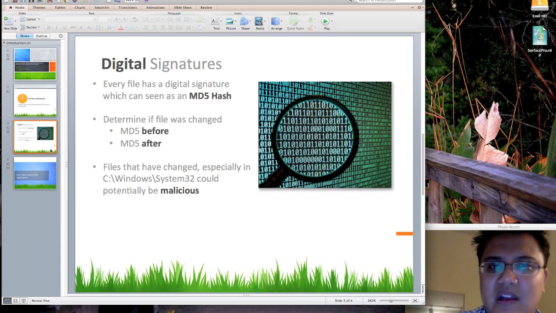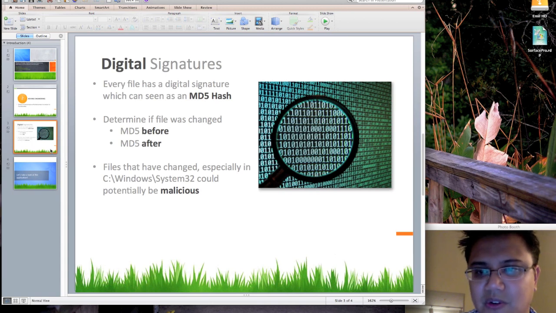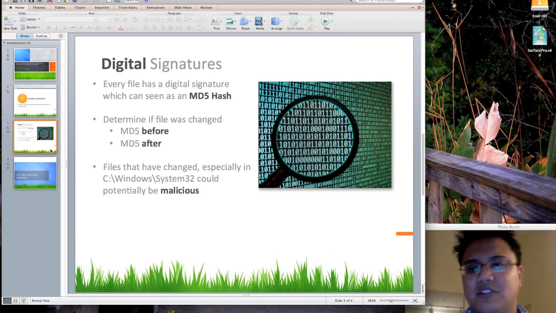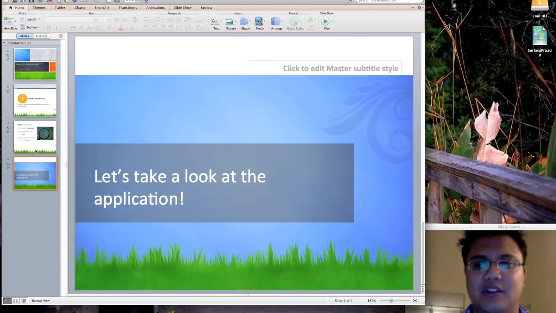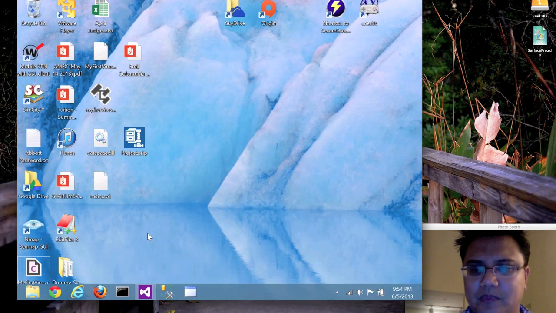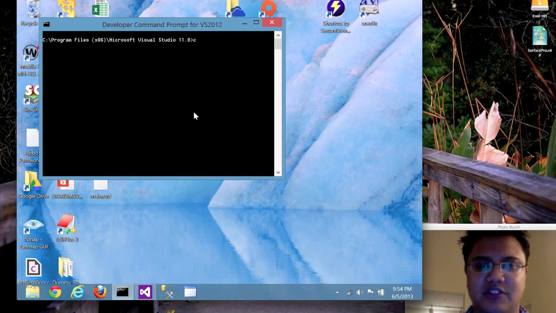With this in mind, how can we determine if a file has changed or not? Every file has a digital signature, and we can see this digital signature by computing the MD5 hash. So let's see how this application looks. Let's take a look here. What I'm going to do is show you an example of